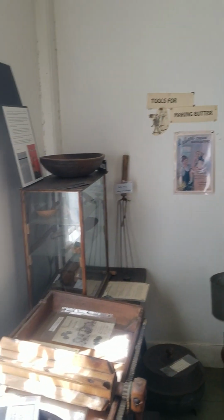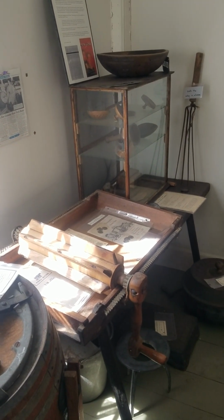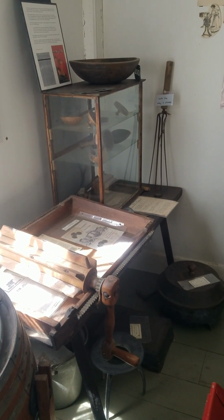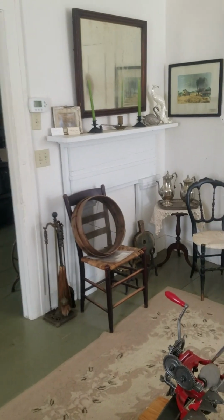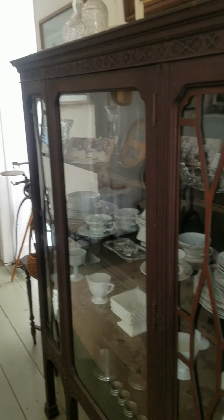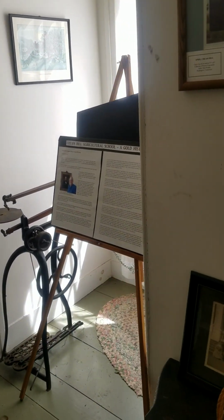So let's get the picture here. This schoolhouse was added on to, and this is the room. Also, of course, the schoolhouse was where Mr. Gold lived for a while. So there were living quarters, and the schoolhouse had to provide meals and everything else. This was not just a one-room schoolhouse here, obviously. We have some of the original furnishings here, original china and the trappings that went with the house. I forget what part of his family lived here, but